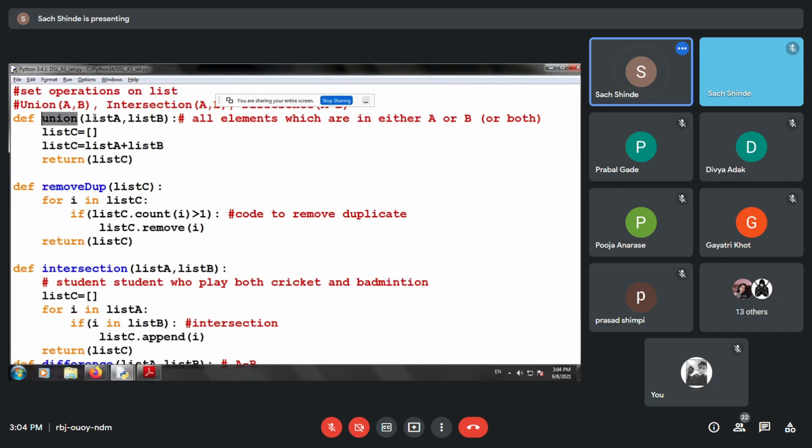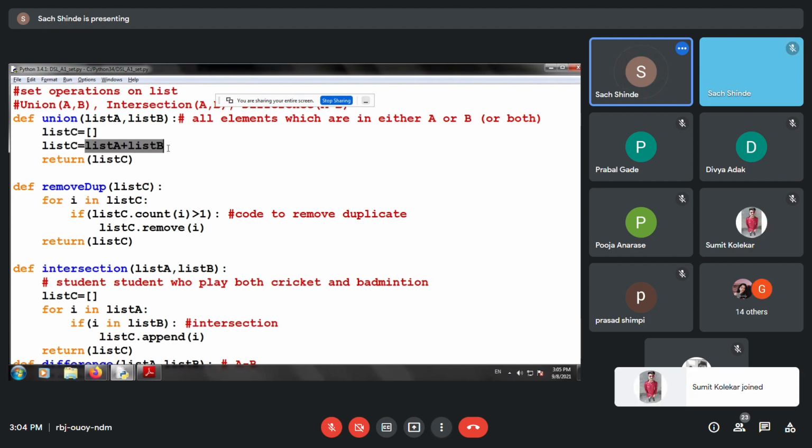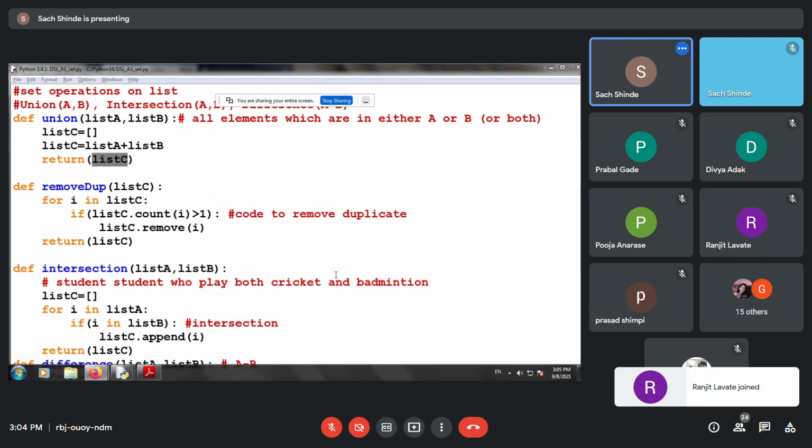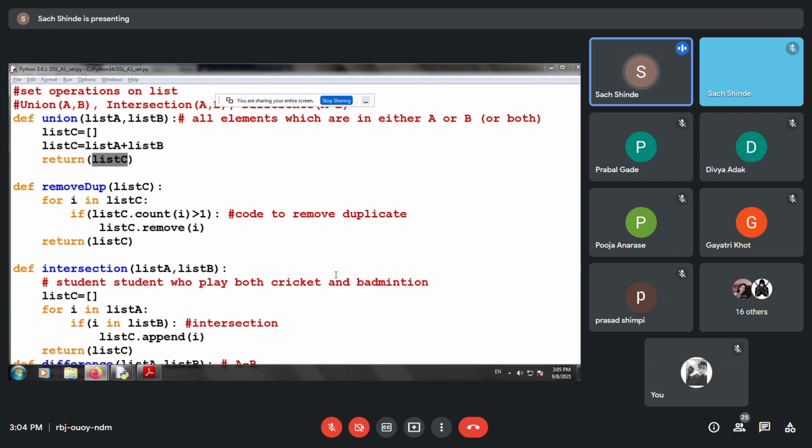It contains two lists as parameters, and the output is the third list, list C. The simplest approach is list A plus list B is the output, list C. Now, as far as the syllabus is concerned, people say that you shouldn't use built-in functions. So over here it is the plus operator which is overloaded, but we are using the Python utility. We are not using any built-in functions such as sort and so on.